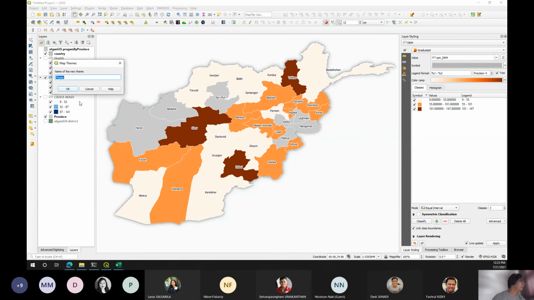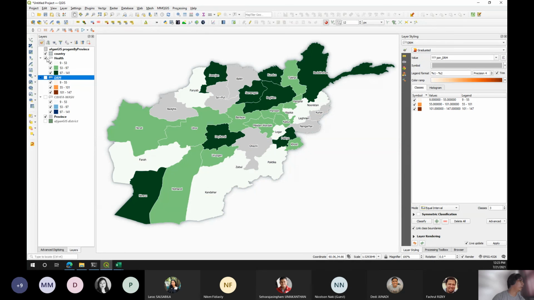Create new theme, DRM. And disable and re-enable. Now it's the health theme. Okay. Add theme, with health as the name. Right. So basically, that's it for now for our very simple choropleth map of the 3 different projects happening in Afghanistan